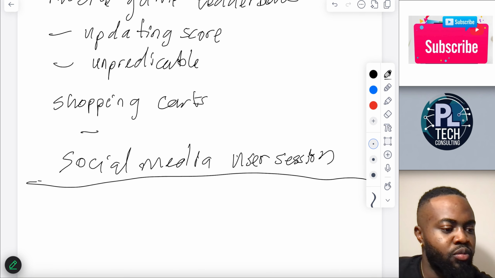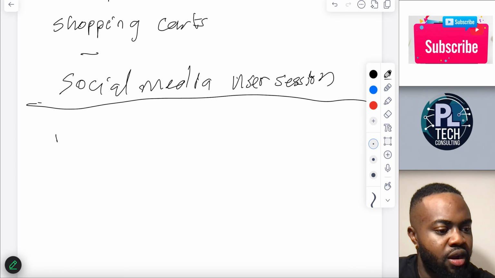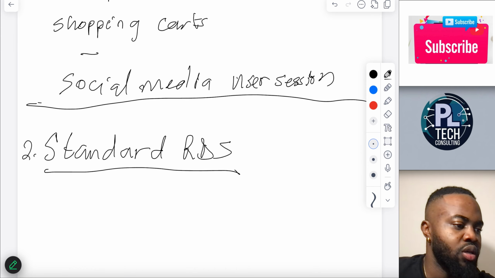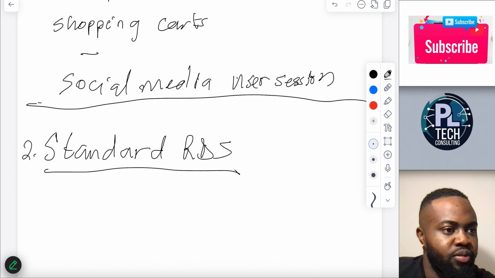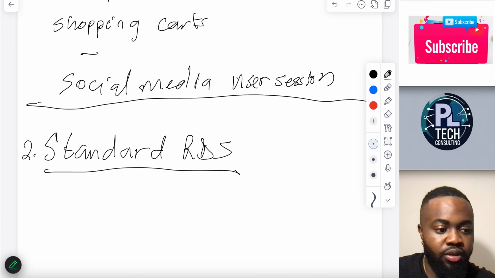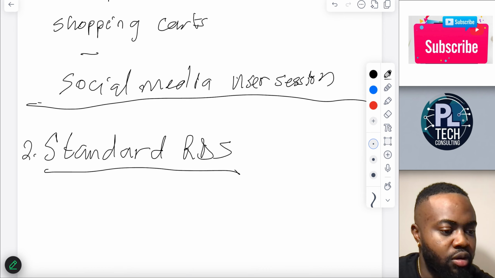But if you want to go into standard RDS, which is our second type of database, I look at standard RDS in terms of restaurants as a traditional sit-down restaurant. It's like a local family restaurant, structured service, complex menu, handles relationships well. Because the key characteristics of a standard restaurant would be waiters take complex orders, the kitchen coordinates multiple dishes, reservations, table management, and how that translates in a technical way would be complex